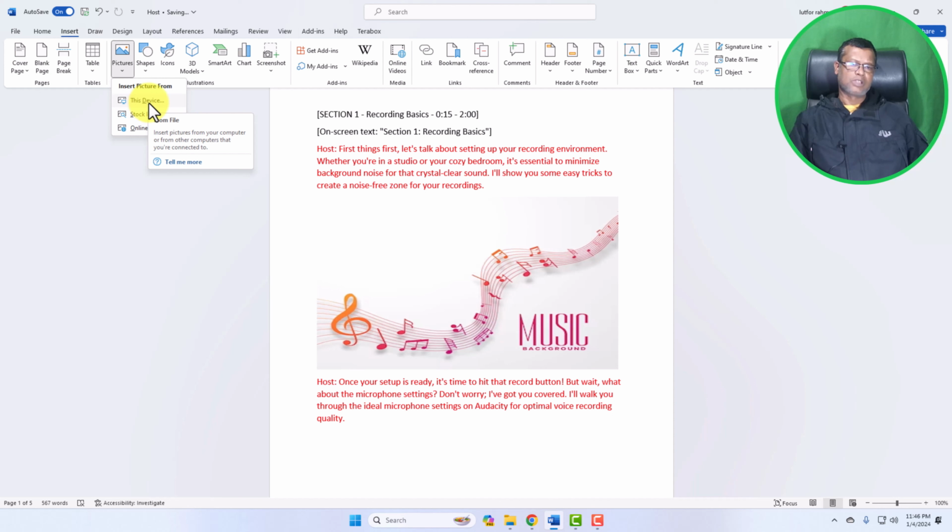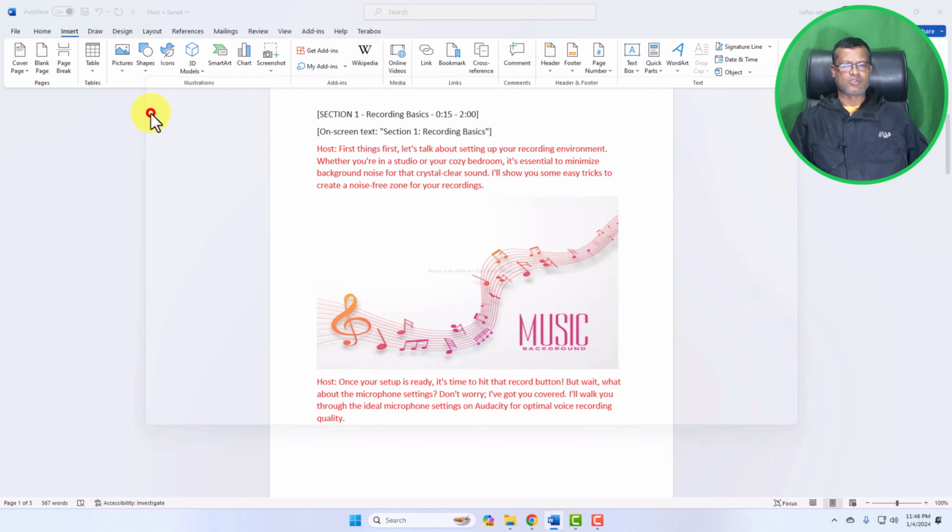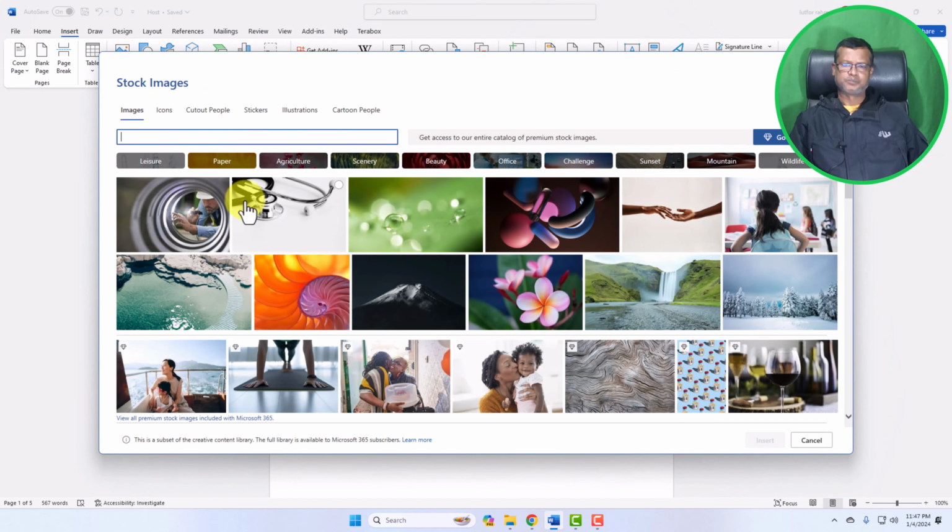So we can go to the stock images, option number 2 here. What is the stock image? Unleash your imagination with premium content from the stock image library. Stock image is the source where you can get premium quality stock images from the Microsoft Word library, but you have to connect your laptop or PC to the internet at first. So if you hit these stock images,